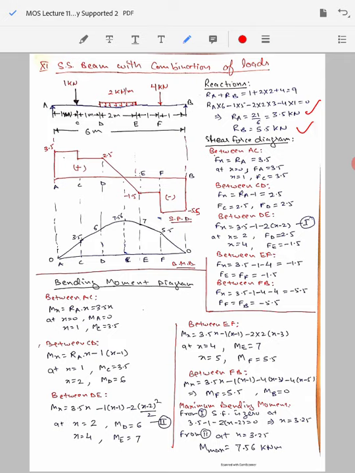Now let's calculate the shear force at the various location of the beam, and for this purpose we will assume the beam to be cut at different portions. Like we start for the portion AC, so we are starting right now in this case from the left hand side. You can always start from any side. You can also start from the side B, so you can have the segment BF. It is going to give you the same results.